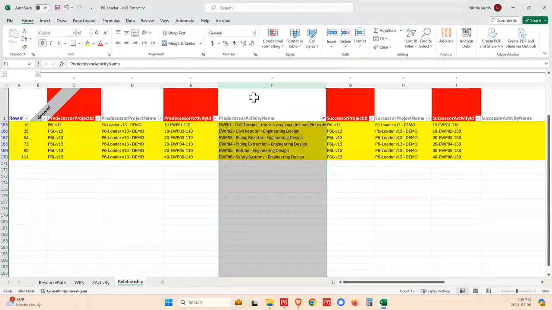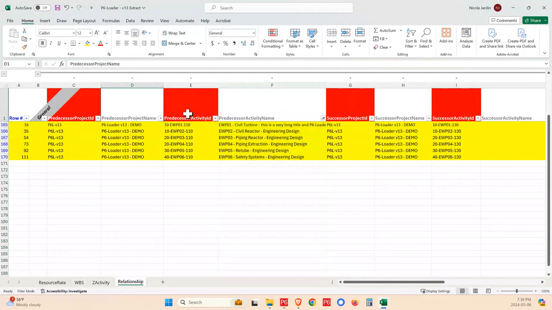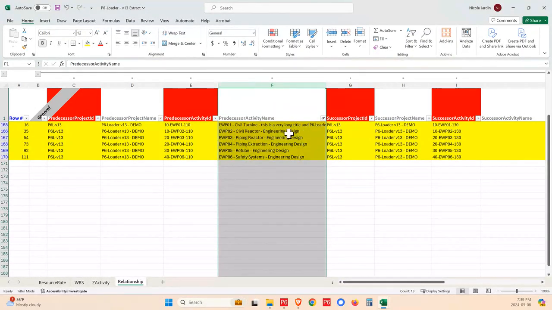But what was not so helpful was we were missing the names of the activities. So again, I needed to know what 110s were. And of course, I started to know them after a while, but having the name just makes this much, much nicer. Not only did we add the name of the predecessor and successor,